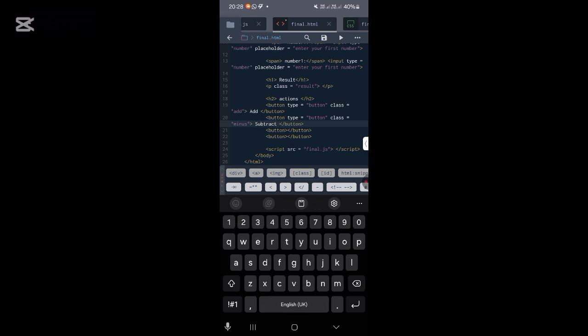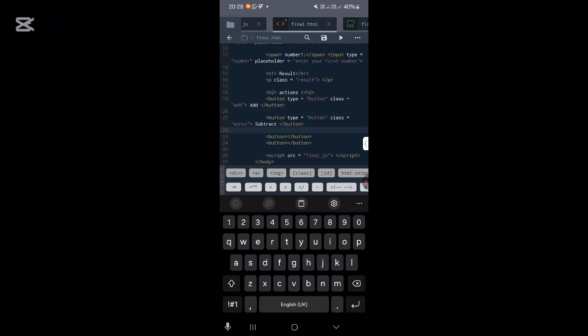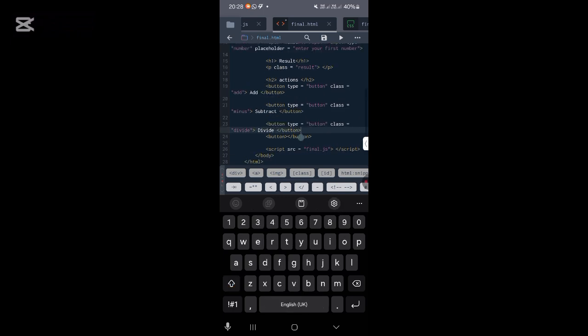Right then, for the next one, okay, let me leave space so that you will see what I'm writing. For the next one, let me write type, sorry, type button. Then the class for this one should be divide. Yeah, let me just write divide here, and finally going down,